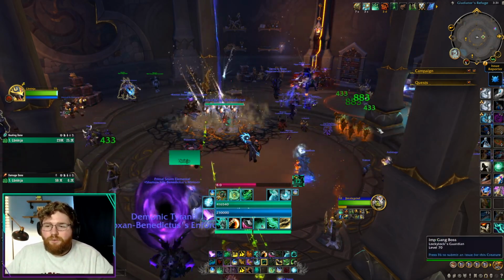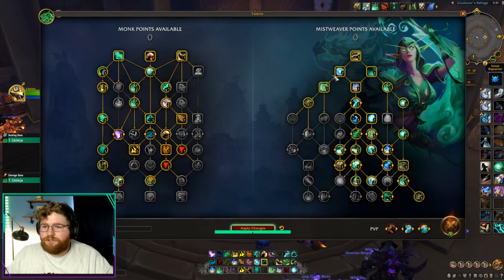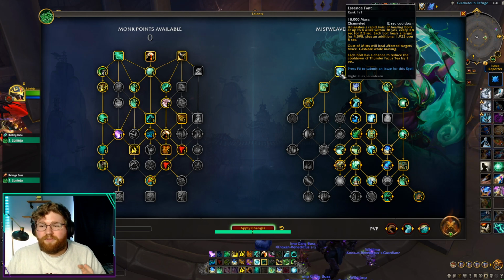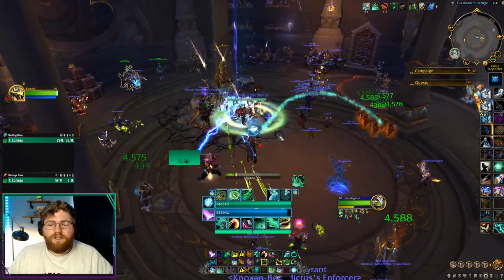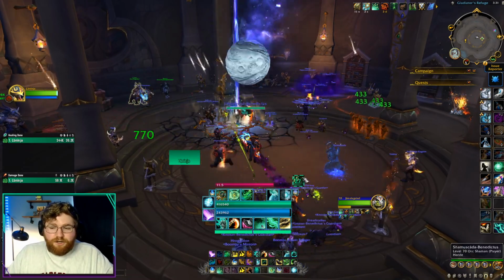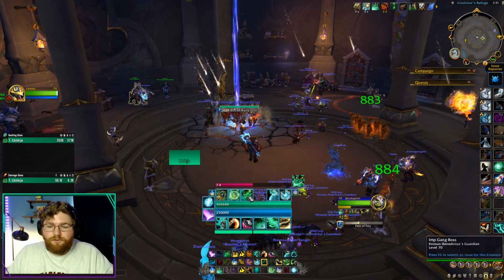But if not, we just want this HoT rolling on people, and we want that Essence Font to apply Mastery twice. See, Gust of Mist heal will heal affected targets twice. So we want to have that out before big damage instances. And then now what to do after people have taken damage? Well, a good way to start, if we don't want to use one of our 3 major cooldowns,